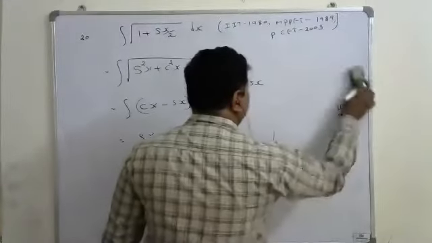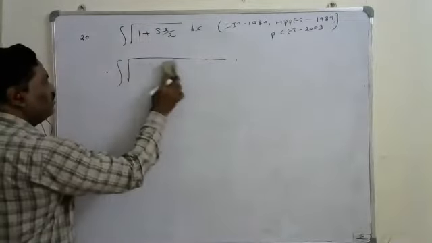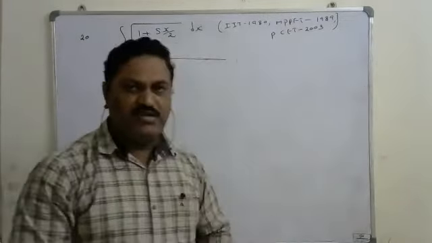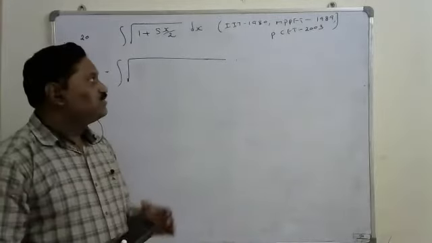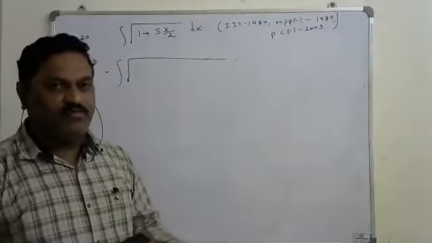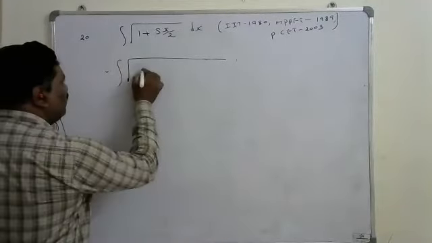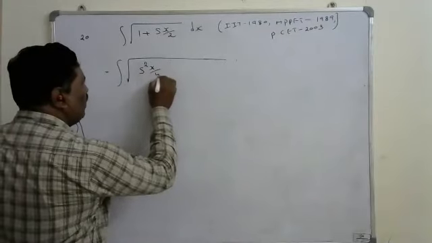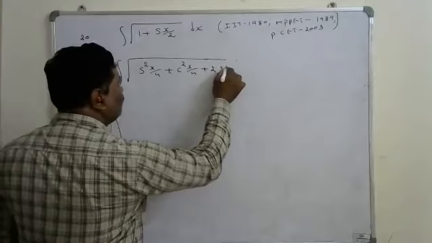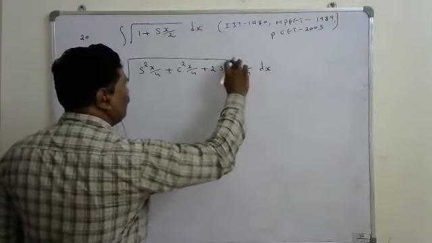Just observe this problem. The procedure is the same, but here sin x by 2 is there. If you expand sin x by 2, how can you write it? It is 2 sin x by 4 cos x by 4, because the angle becomes x by 4. That's why we can write the 1 as sin square x by 4 plus cos square x by 4, plus sin x by 2 as 2 sin x by 4 cos x by 4, dx.